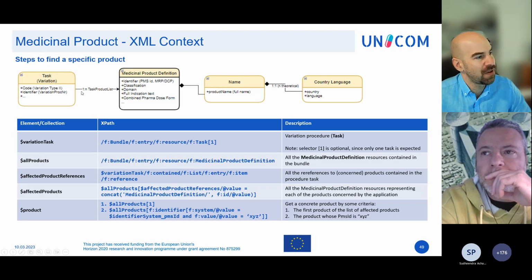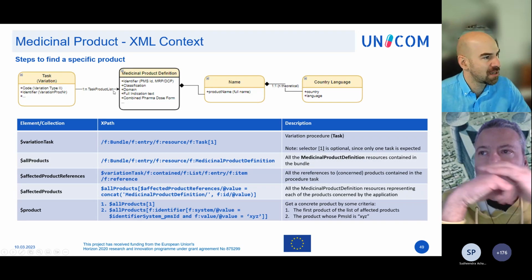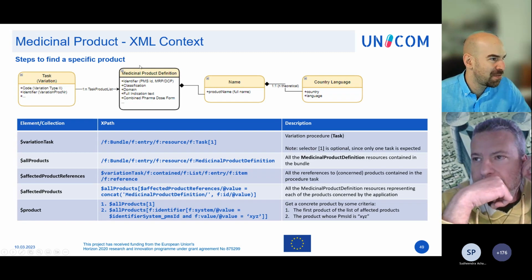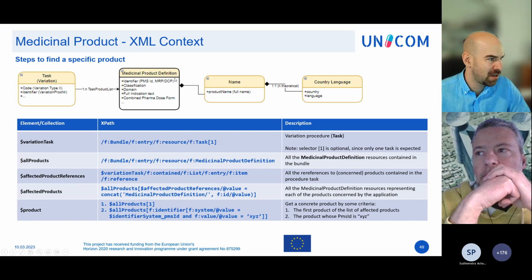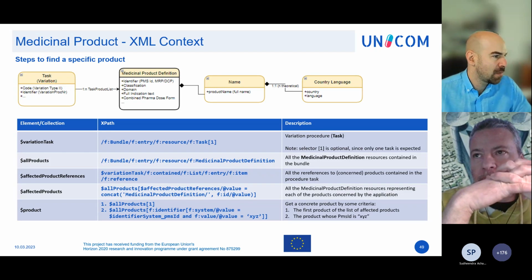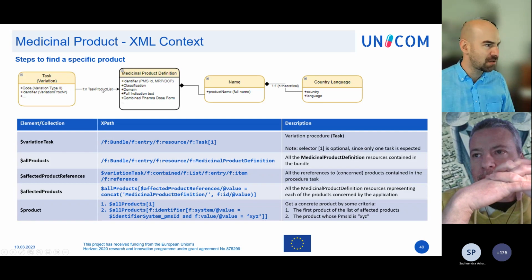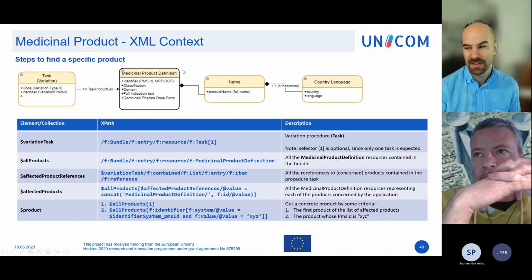You follow it with a one-to-n relation that's called task product list. You find your medicinal product, and then inside that you have the name of the country. Now, Gianluca will explain the XSL that we're using to get this, and then the XPath to reach the actual element.